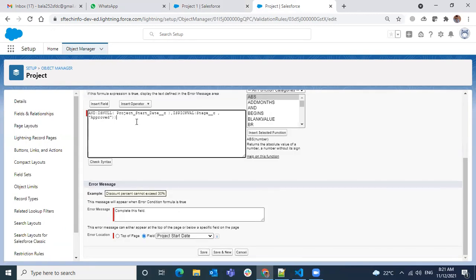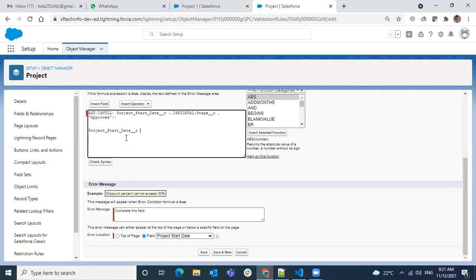So what I will do is I will write a check here, next to the existing formula. And the project start date, our expectation is the start date always has to be in future. If it is in a past, then only we have to give an error message, right?